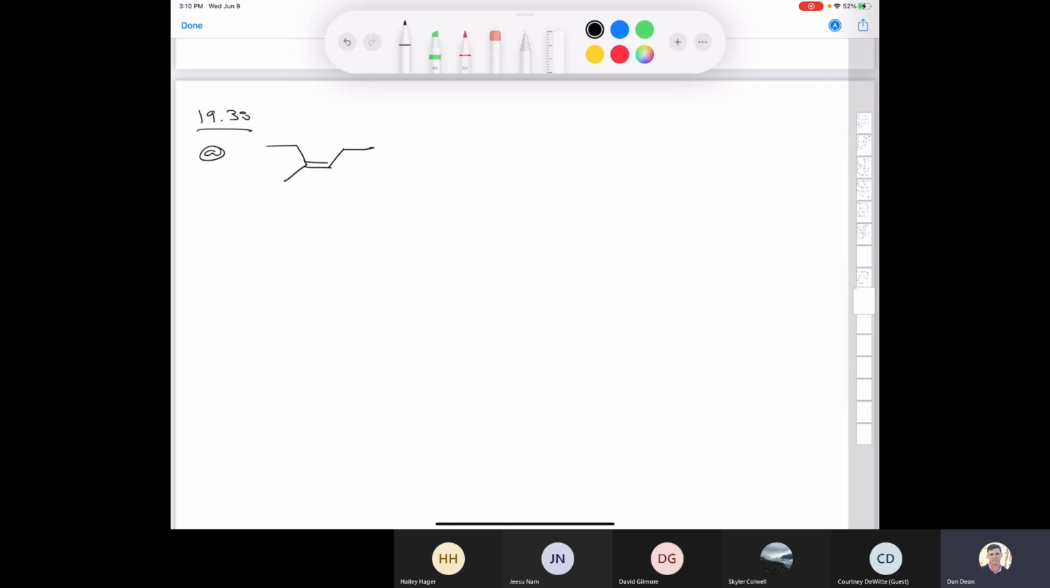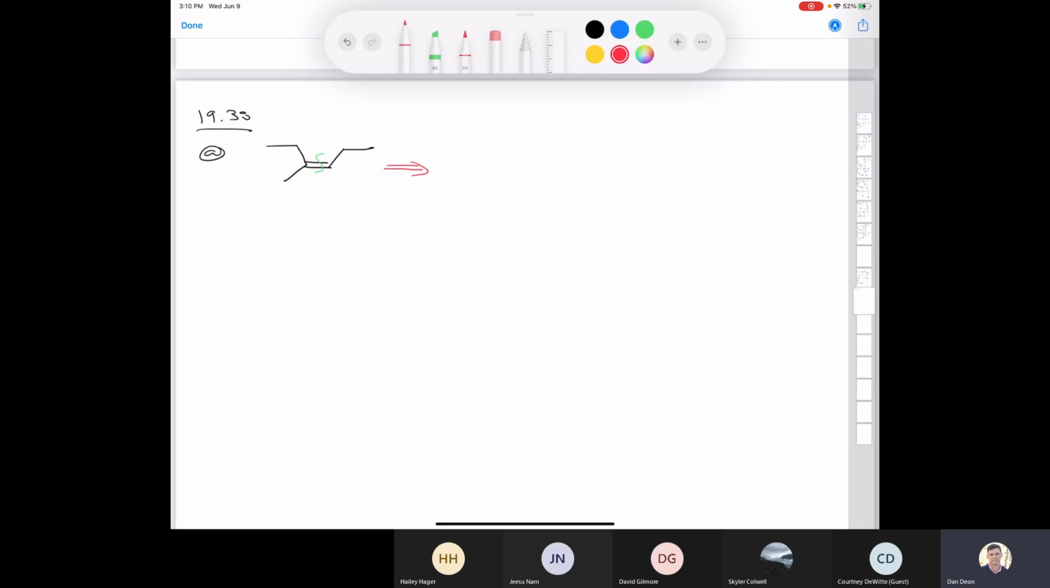Okay, this is question 19.38, and it basically just asks you to provide the reagents that you would use to make this alkene. This is a Z alkene. And yeah, how would we do this? Well, if we think about breaking the carbon-carbon bond and we think about retrosynthesis, we have two possibilities for an